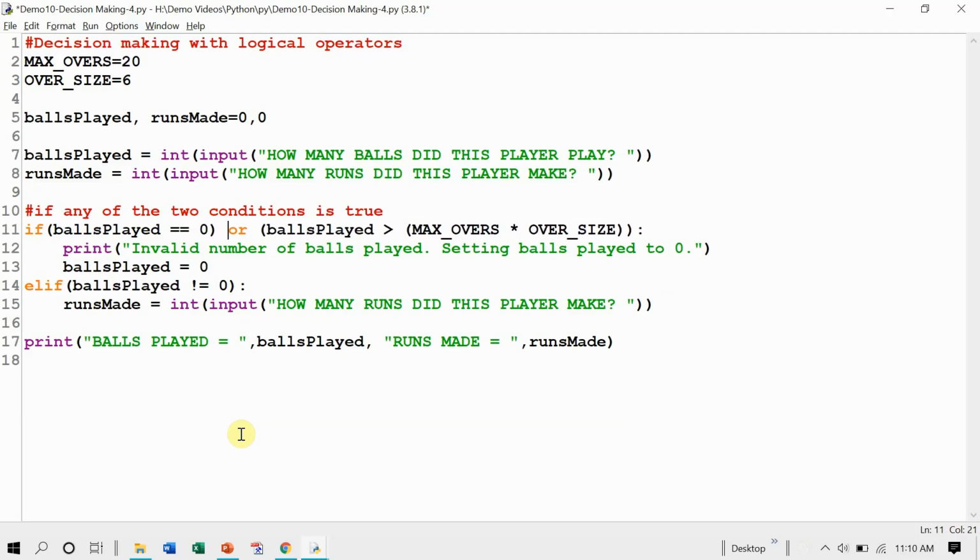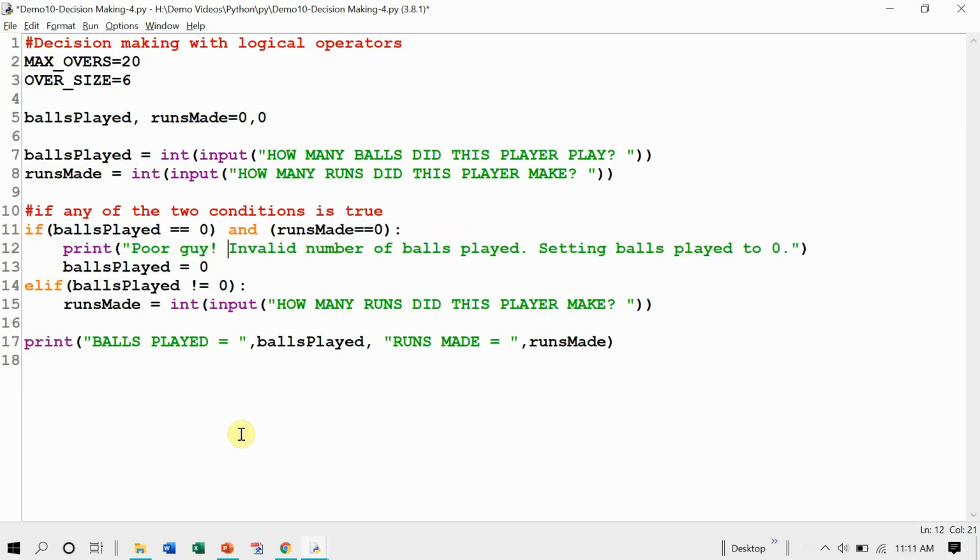And see now how I'm going to check those values for decision making further in the program. So what I'm going to check here is if balls played is 0 and runs made is 0. That is one possibility where the player has not played any ball and has not made any runs. So that is one very unfortunate condition. No, he didn't get to play any balls and could not score any run also, poor guy.